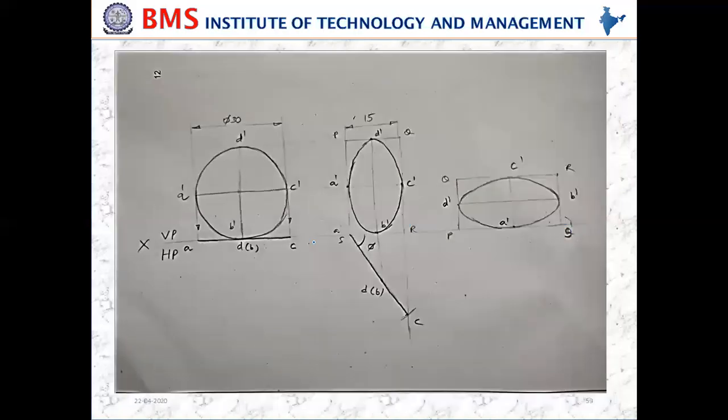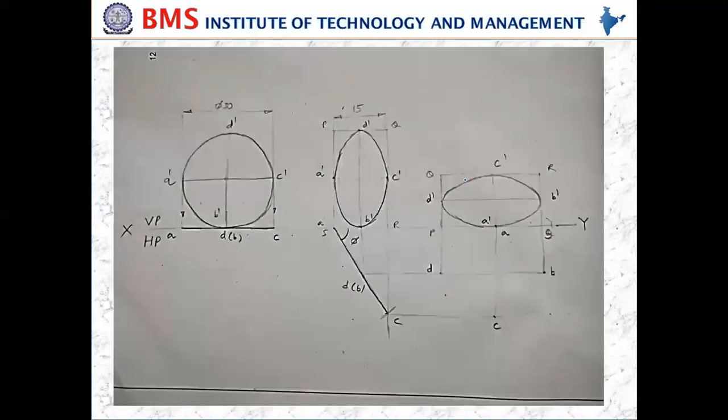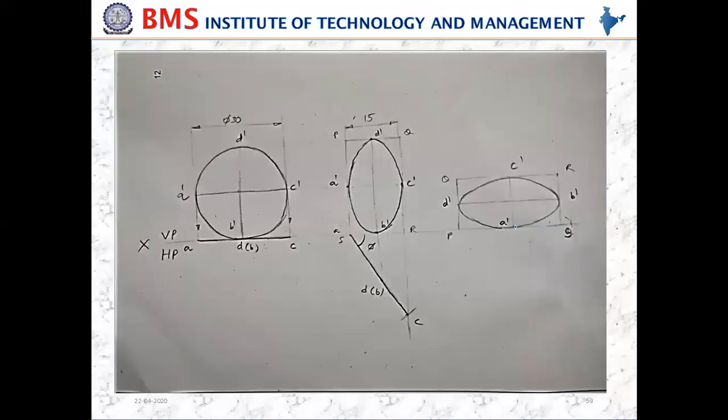Once you construct the rectangular box, join all the points with a smooth curve to get the front view. Now you project downward from each point. That is how we are going to draw from A dash and A. Where is the A line? A line is on the XY line only, so A will be there only. So no projection is required for A.